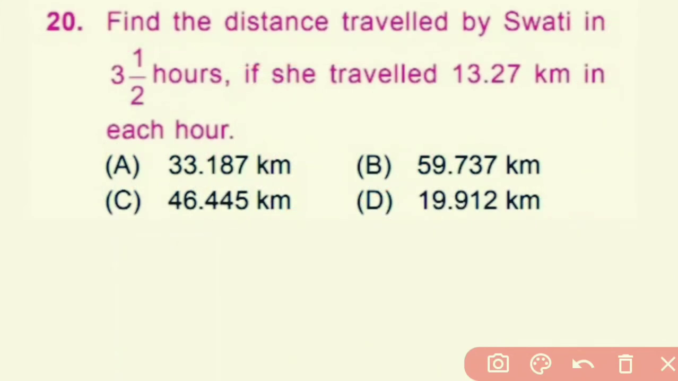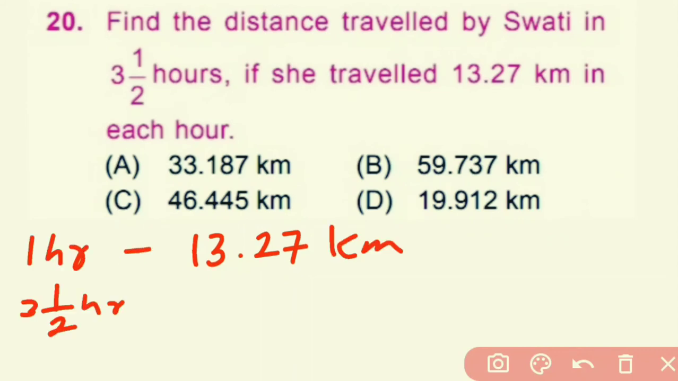Question number 20. Find the distance travelled by Swati in 3 1/2 hours if she travelled 13.27 km in each hour. Here given she travelled 13.27 km in 1 hour. So here 3 1/2 hours distance travelled by Swati is equal to